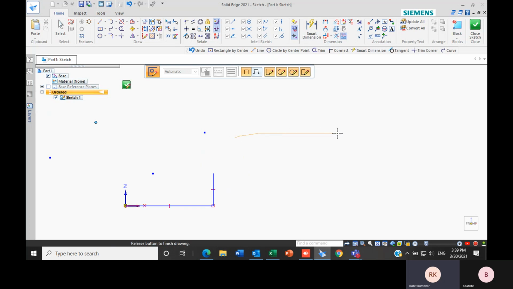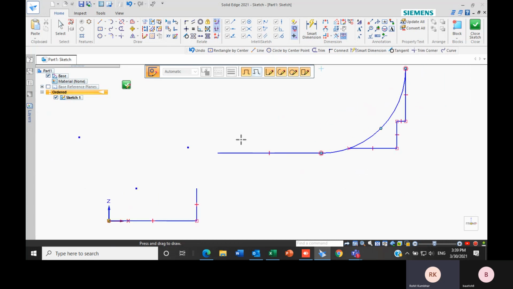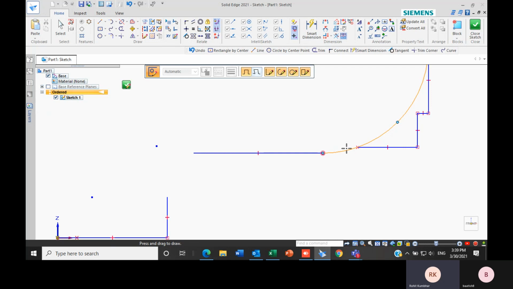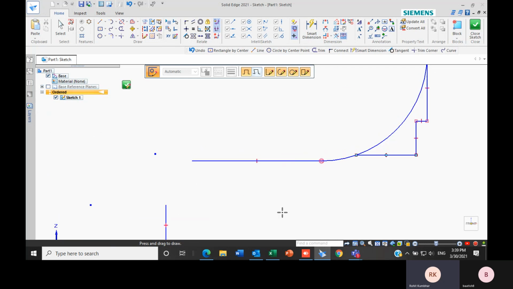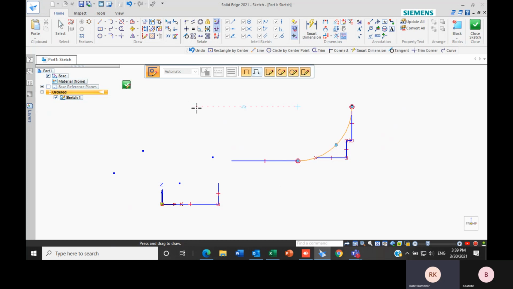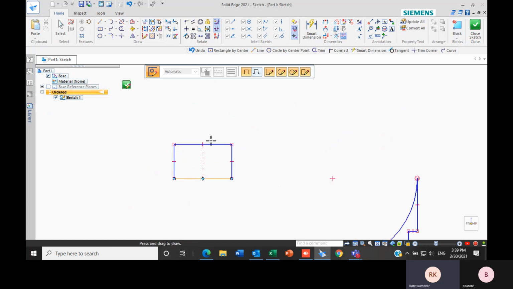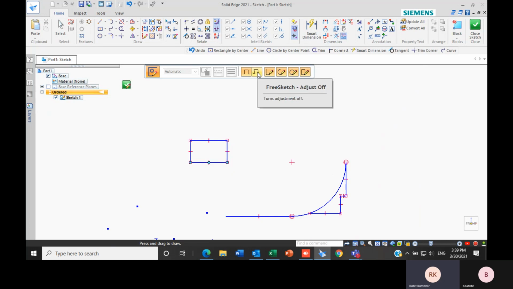Let's say this is my line, then this is my arc, and the next one is my rectangle. As you can see, the line got created and the arc which I have drawn got created. If I have to create the rectangle, I just have to draw according to it, and the rectangle will get created in the free sketch. But if you keep adjust off, it will create the curve exactly as you draw it. So this one is about free sketch.